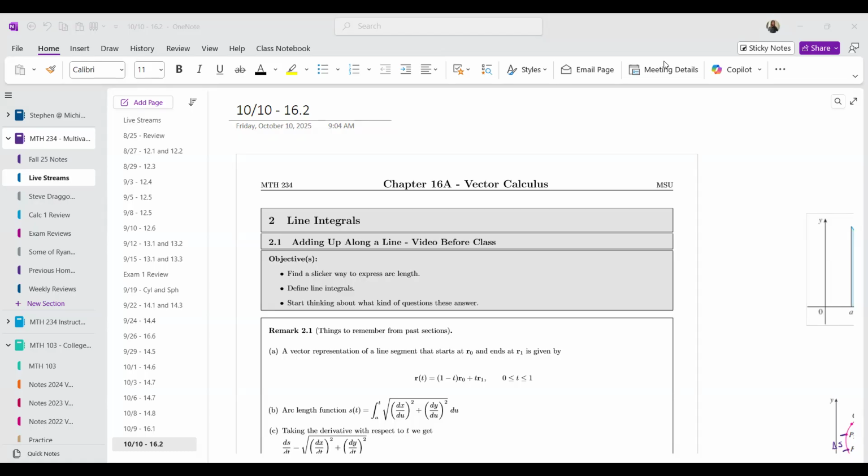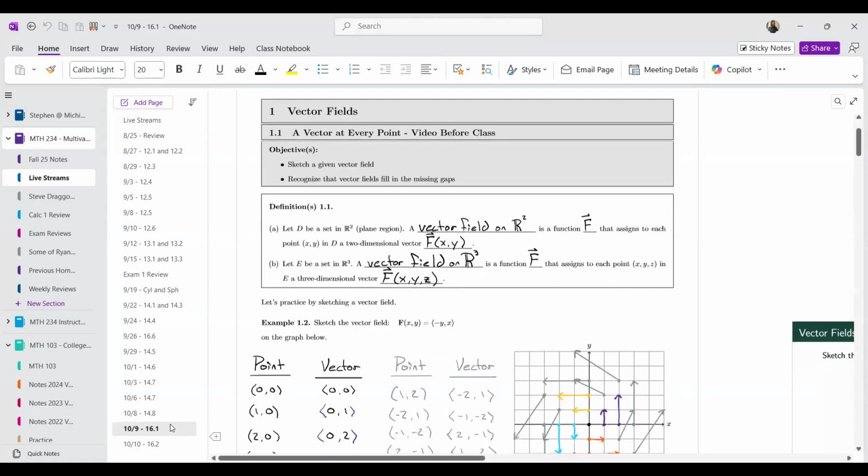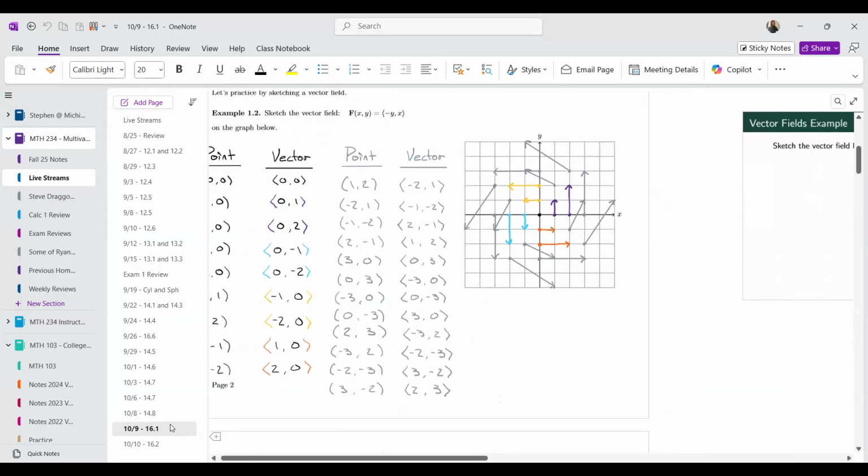The previous section, 16.1, was covered in a video because I want to spend as much time as possible on the line integration part, because I think that there's more going on there. But if I were to hit a super lightning round review of this section,